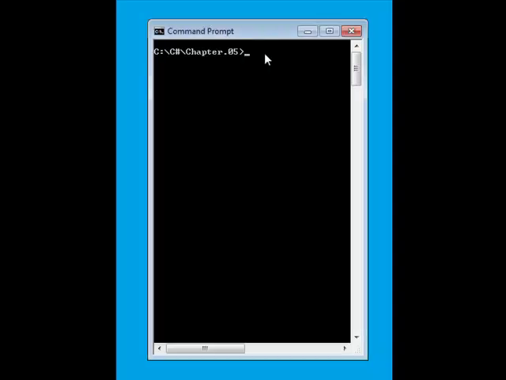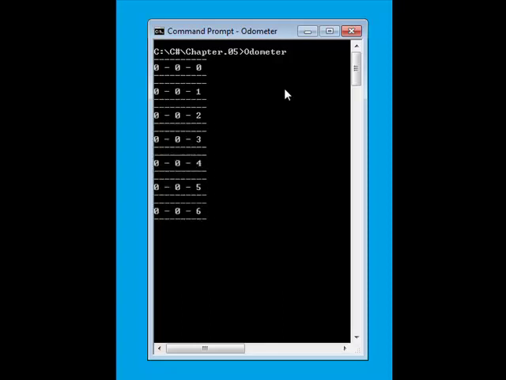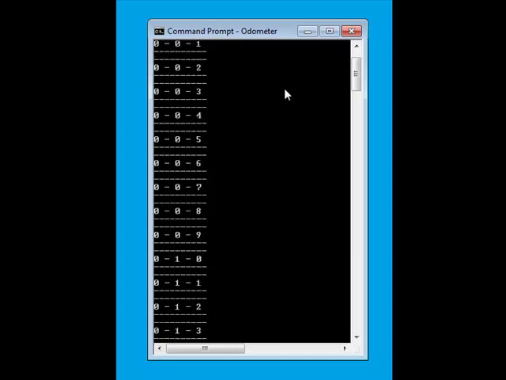At the command prompt, I'm going to execute a program called odometer. It displays 0, 0, 0. I'll press enter and it's 0, 0, 1, then 0, 0, 2, 3, 4, 5, 6, 7, 8, 9. The next time I press enter, the rightmost digit changes to 0 and the middle digit changes to 1, giving me 10. And then I can go 11, 12, 13, and I'm going to press enter many times,